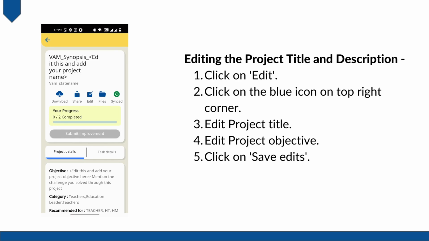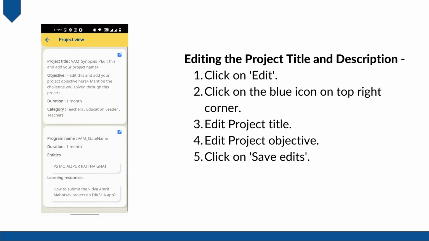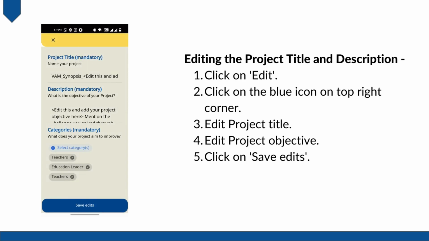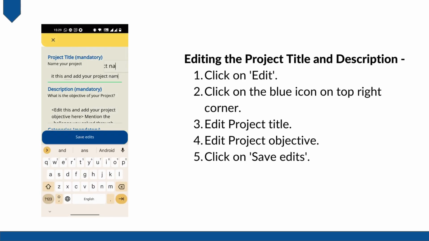For doing the Vidyamrit Mahotsav project, you are required to edit the project title and objective. Click on the edit icon below the project title and then click on the blue icon at the top right corner to edit the title and objective. Edit the instruction part and add the title of the innovation project you want to document. For example,